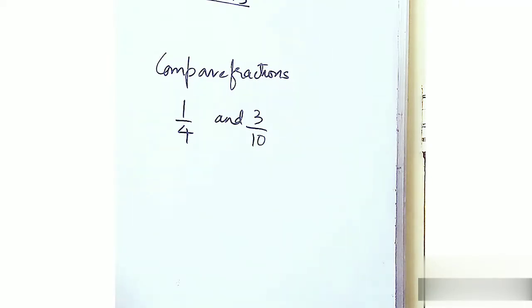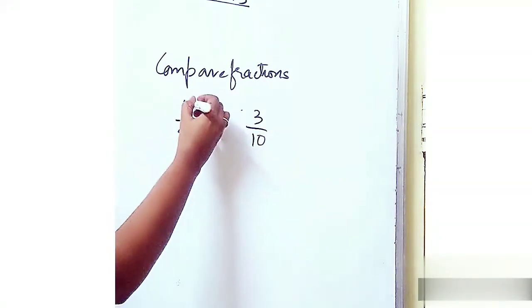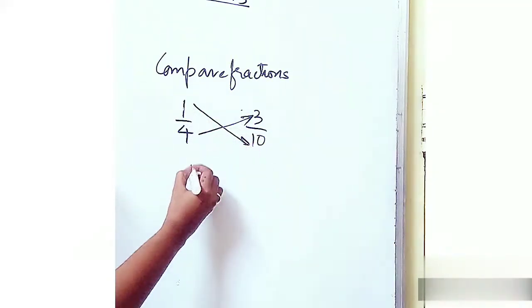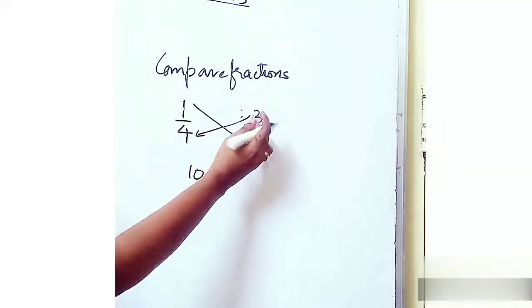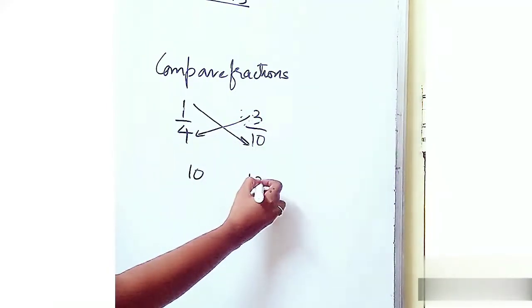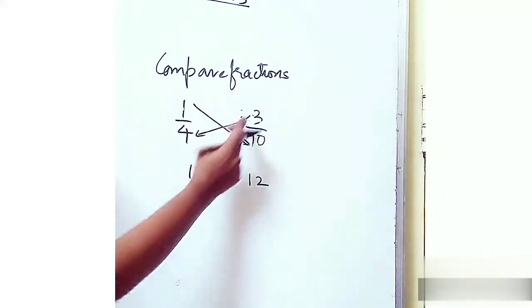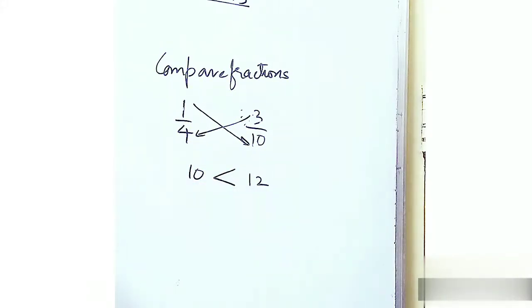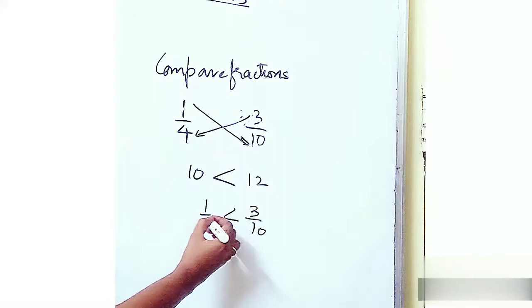Okay, student, I'll tell you one easy way of doing it. You do cross multiplication. How will you do it? Put an arrow like this. 1 tens is how much? 10. Now, always remember the arrow should be here. So 3 into 4 is how much? 12. I'll put it here. This side you multiply, this side: 1 tens are 10, you have to put; 3 fours are 12. Now which one is greater, student? This one. Understood?